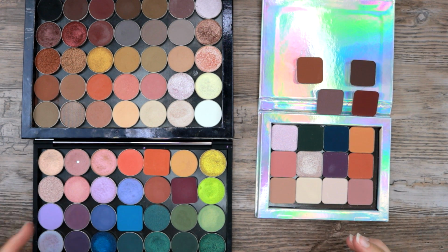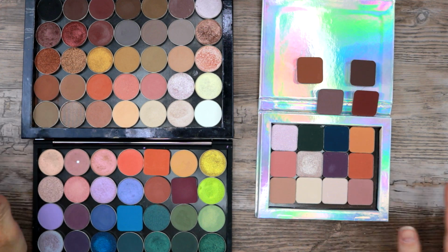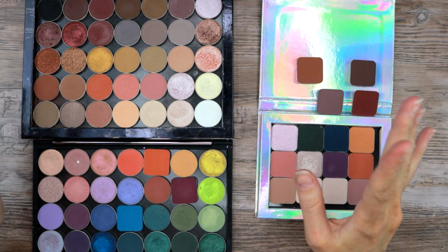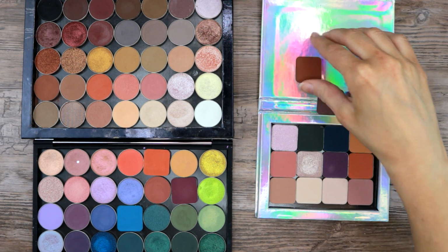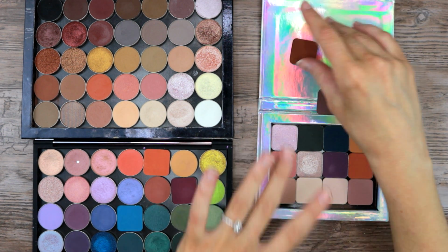Oh, there's cat hair here. Like it is on everything. I'm just gonna clean my hands in between, clean my swatches, and we can just see whether or not I feel like they are similar to each other. Maybe we can just start with the ones at the top here, the ones that didn't fit